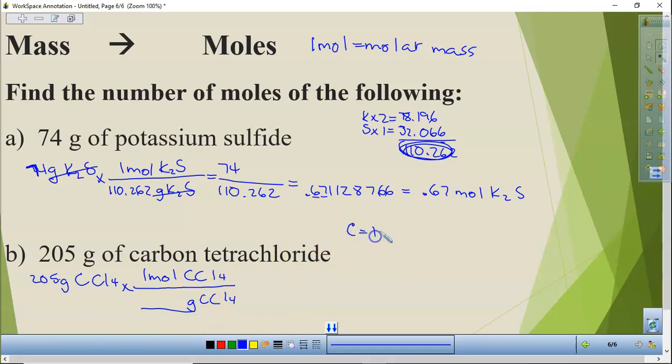So 1 carbon is 12.011, and 4 chlorines is going to be 35.453 times 4. It's a lot. 141.812. Then I'm going to add these two together. And I get 153.823. There. So I multiply everything in my numerator. 205 times 1 is 205. Only thing that's in my denominator here is 153.823. Divide denominator into numerator. 205 divided by 153.823 gives me